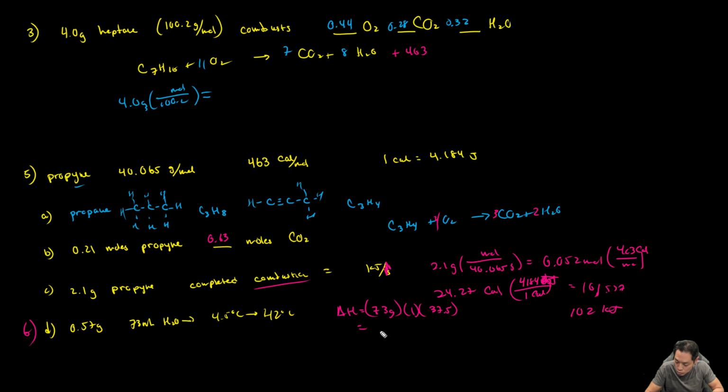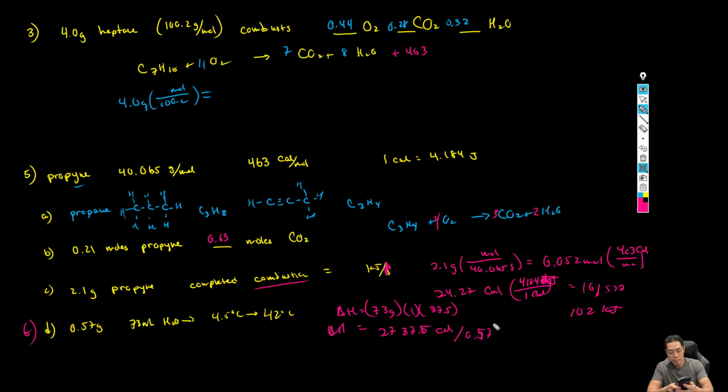So 37.5 calories is going to be equal to delta H, and 6 is asking for what's the percent efficiency. So this, let's see, divided by 0.57 will give me calories per gram, and I get